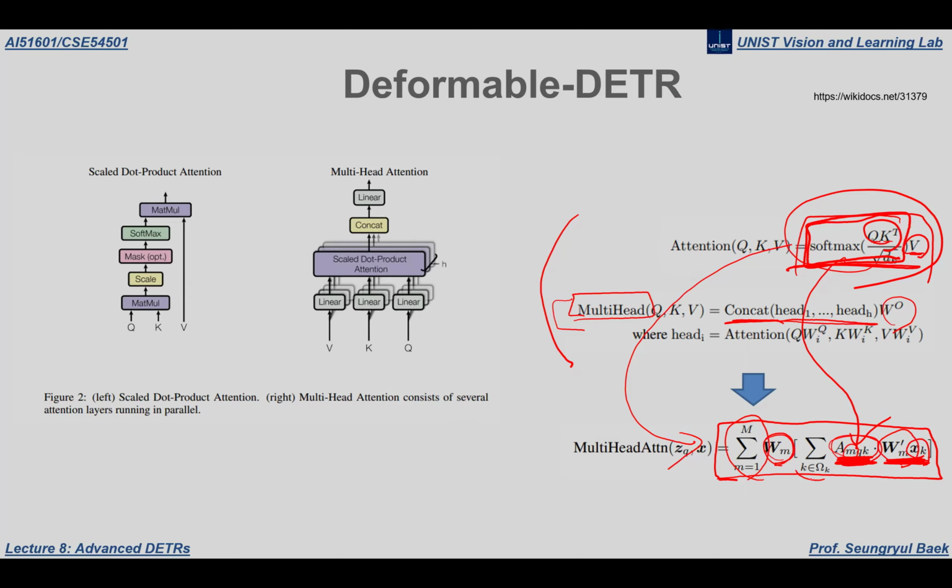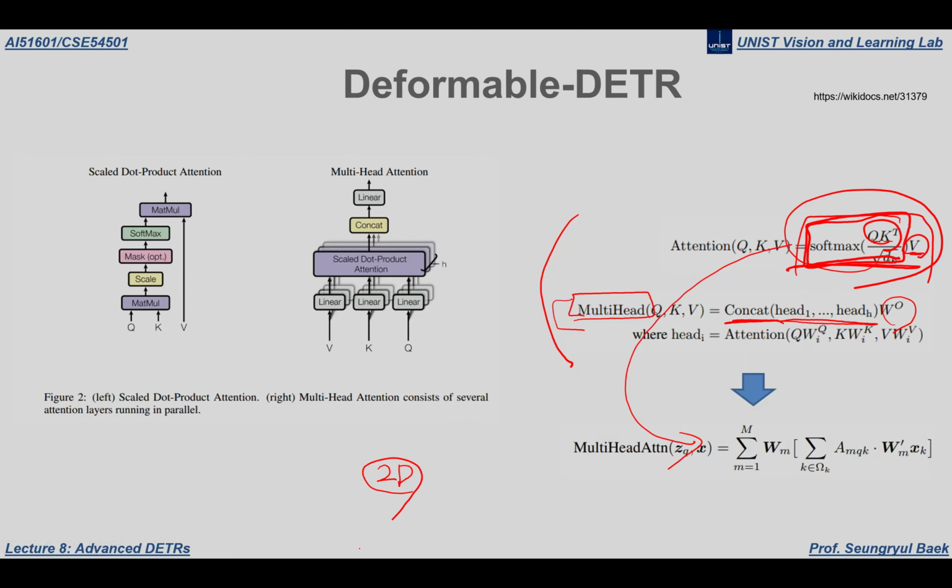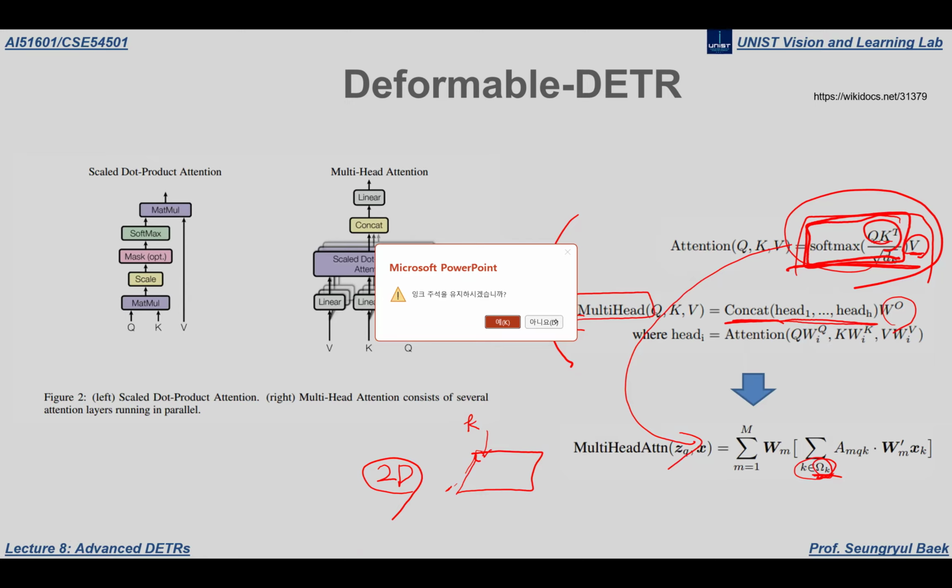And also, this is how we define the values, okay? Because in detail, the feature space is in the two-dimensional space. So this omega is actually denoting some pixels in the feature map, 2D feature map, okay? So this K is denoting some dense,